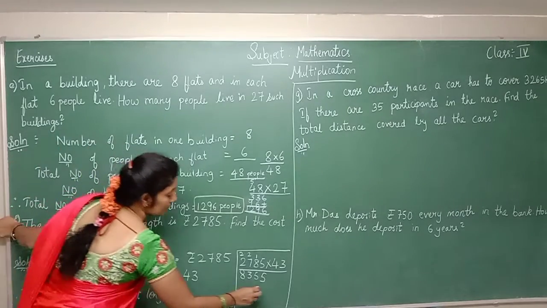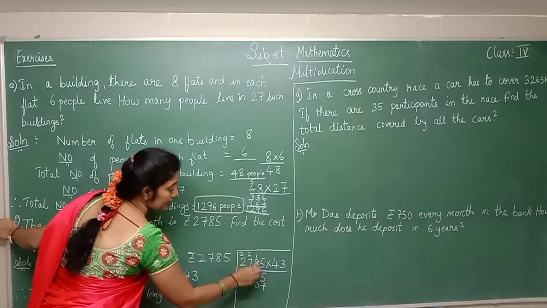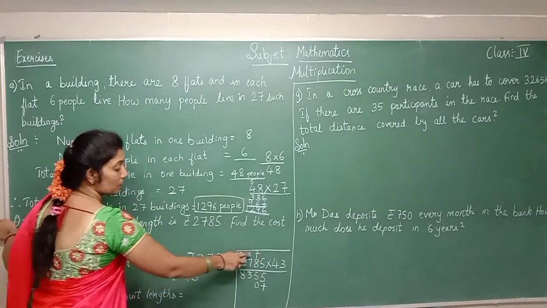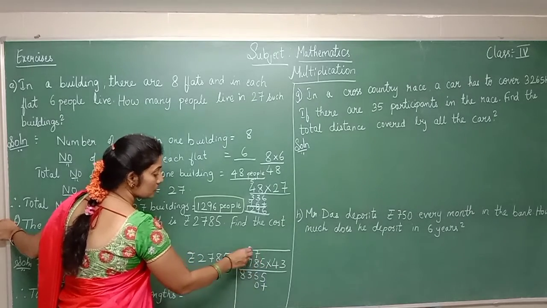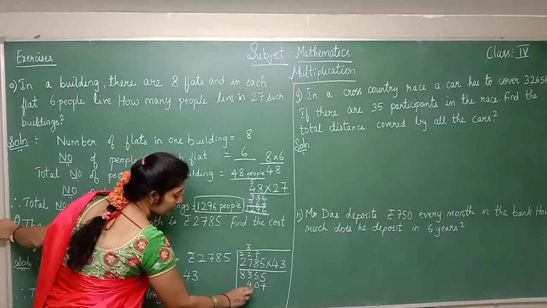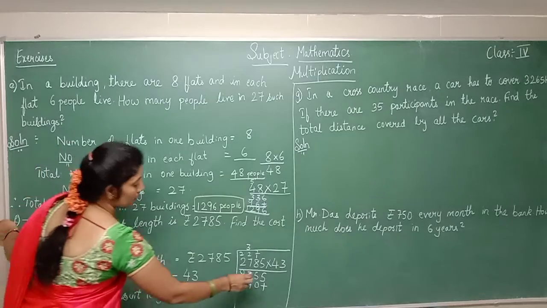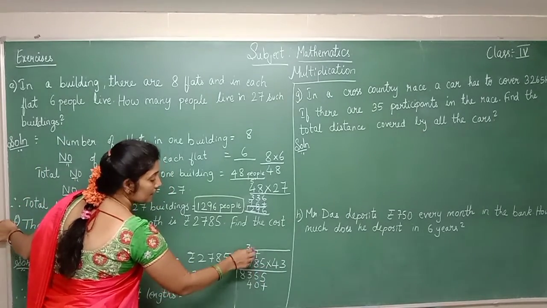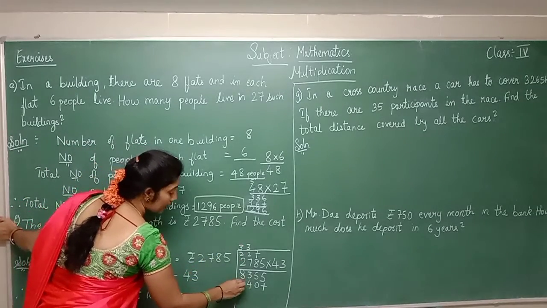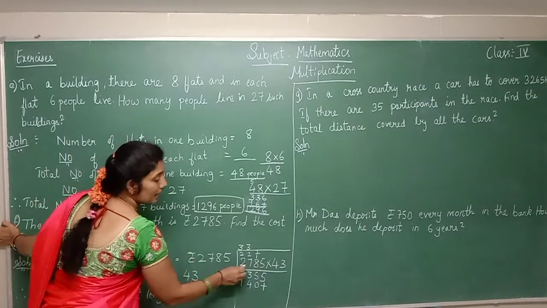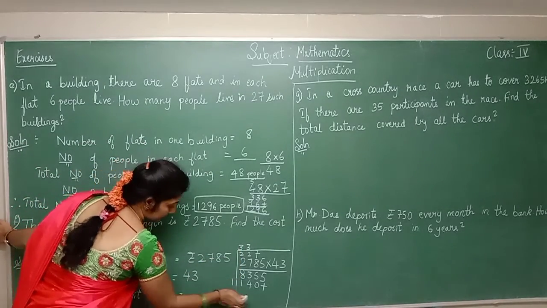Okay, fine. Next, we put plus. What is 4 5s? 20. So you write 2 here and bring down 0. 4 8s are 32. 32 plus 2 is 34. Next, 4 7s are 28. 28 plus 3 is 31. So you write 3 and bring down 1. 4 2s are 8. 8 plus 3 is 11. So you got your answer.